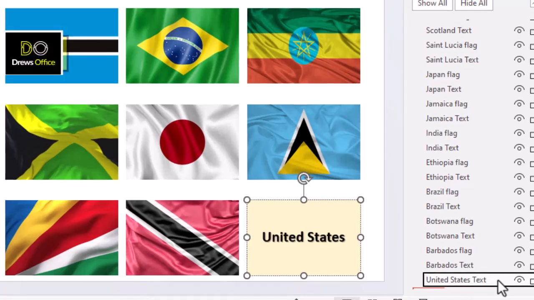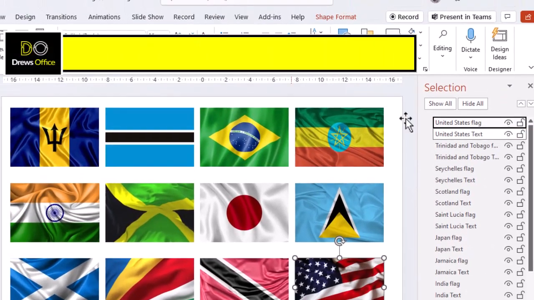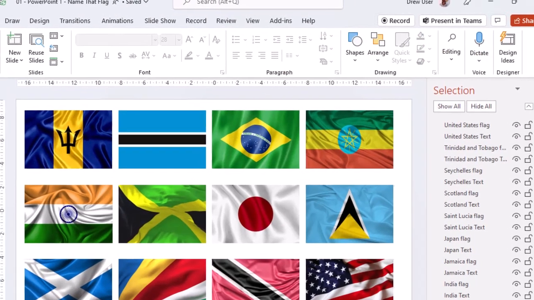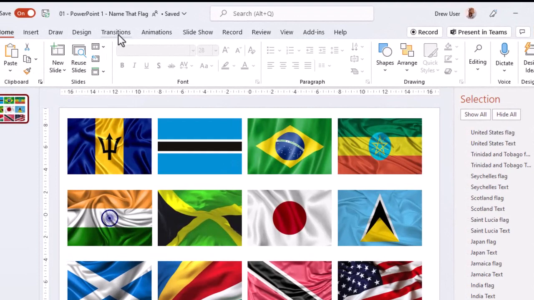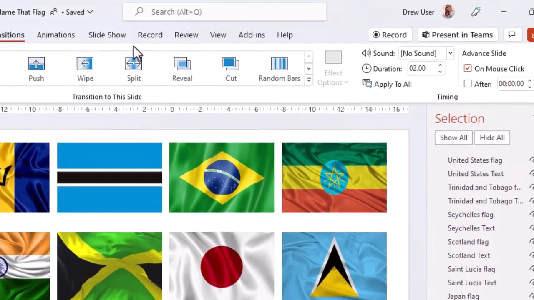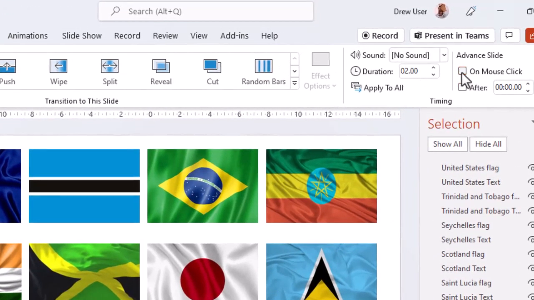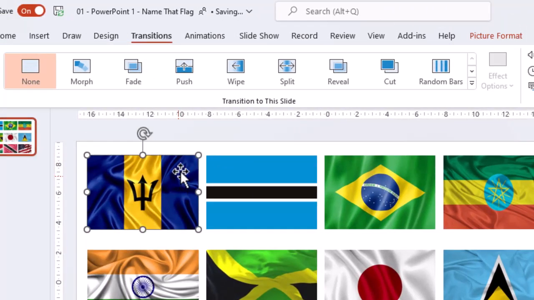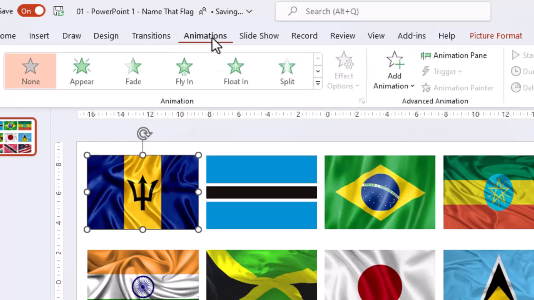When a flag is clicked on, we need to reveal its name. Because we don't want the slideshow to end when someone is clicking around on the flags, on the Transitions tab, let's take this tick off here. Click on the first flag, up to the Animations tab,